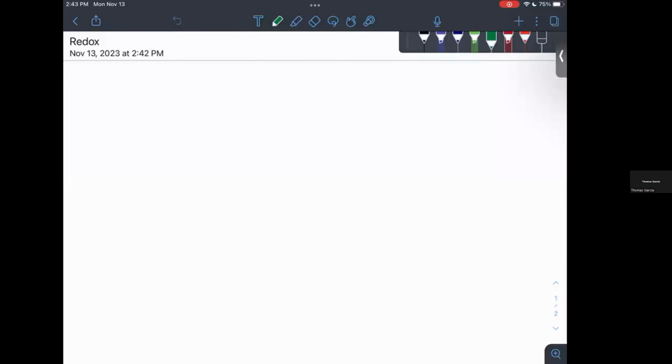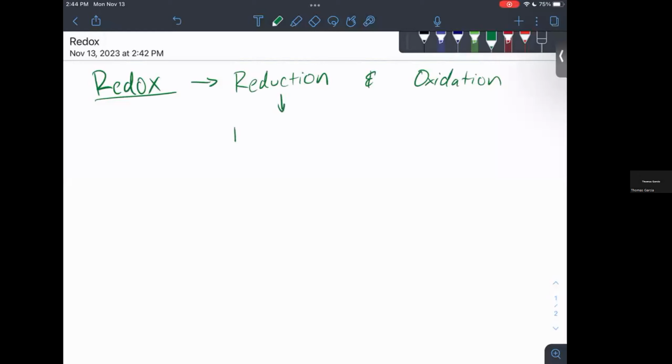All right, so today we're going to be talking about redox, mostly just general redox. We're not doing any electrolysis, we're not doing voltaic cells. We're just going to stick to some general redox ideas. First off, redox is reduction and oxidation. That's where it gets the name. Reduction and oxidation. So to talk about this, one of the good things to remember is that reduction is a